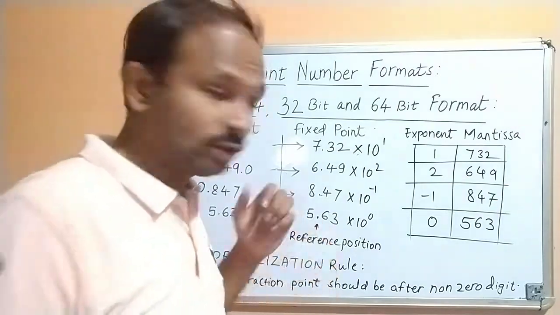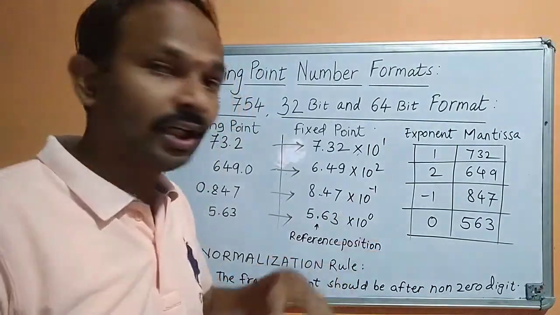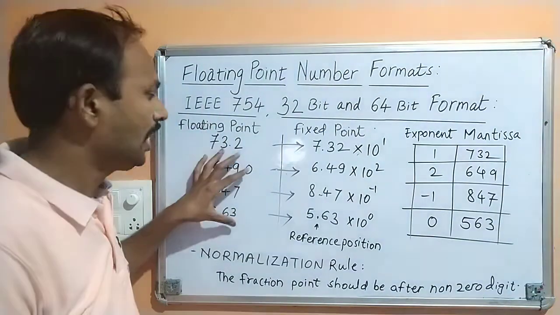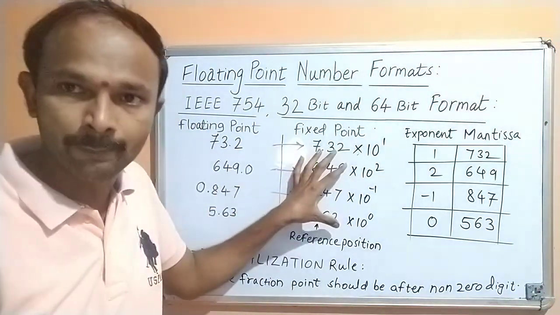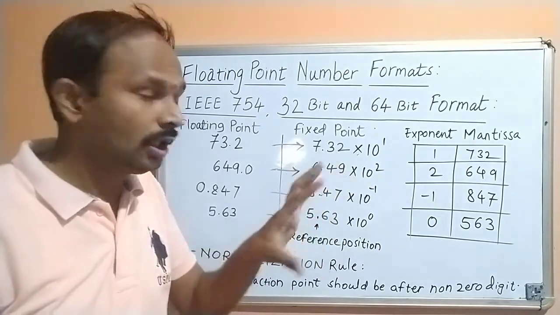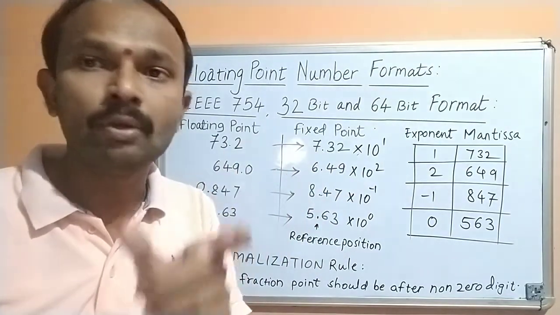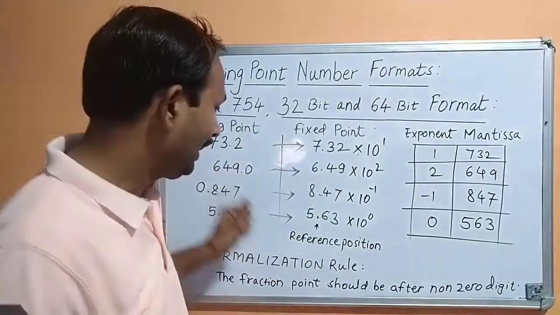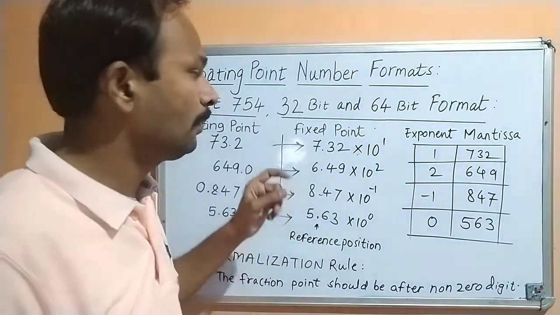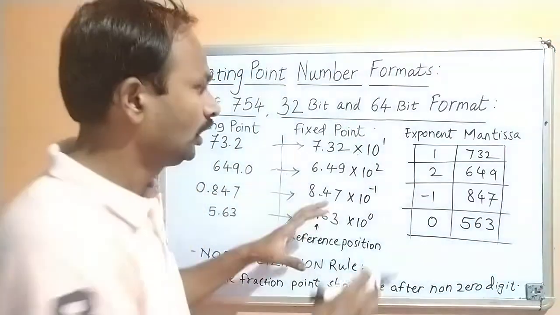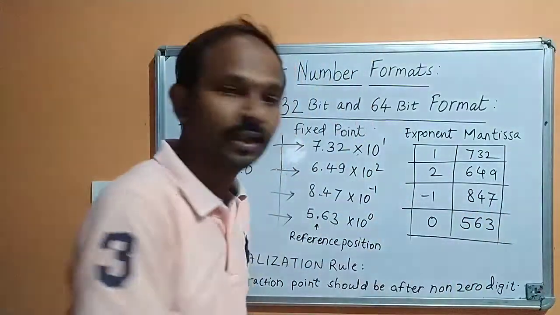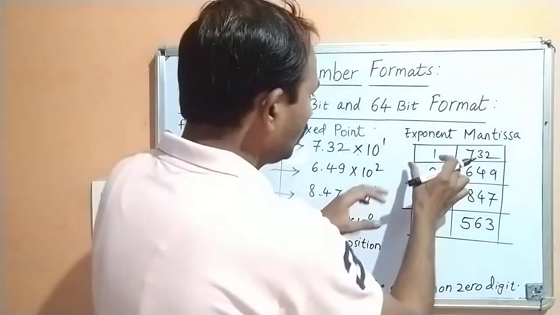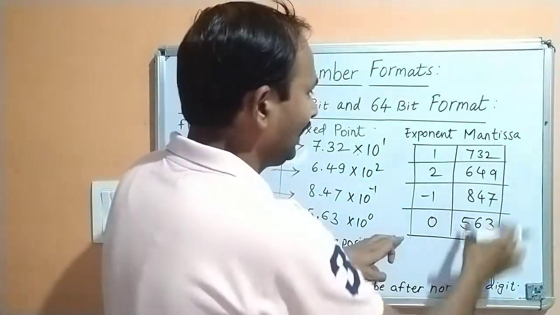Now the next question is, in the computer system, all these floating point numbers are first of all converted into fixed point numbers, and they are stored in the form of registers, right? And how are they stored? See, they are stored in the form of mantissa and exponent, right? So this is the kind of register set we have made here to store these numbers. So these are all exponent values, these are all mantissa values.